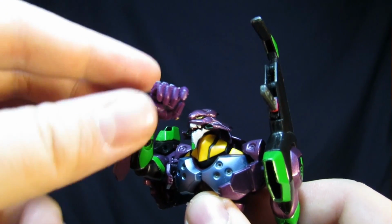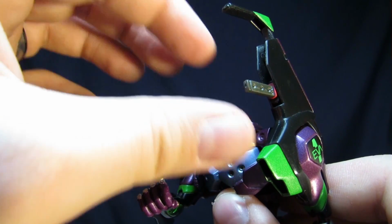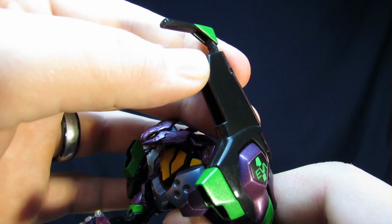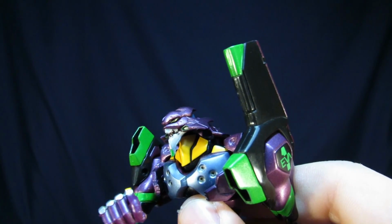So you can get him to pose where it looks like he's grabbing towards it, which he does come with an extra set of hands, which I'll show you guys in a few. But it would have been cool if he maybe could have reached around to grab this. But what is kind of neat too is you can lift this section up to hide the knife inside of here. So when you close it over top, the blade hides inside of it, which is